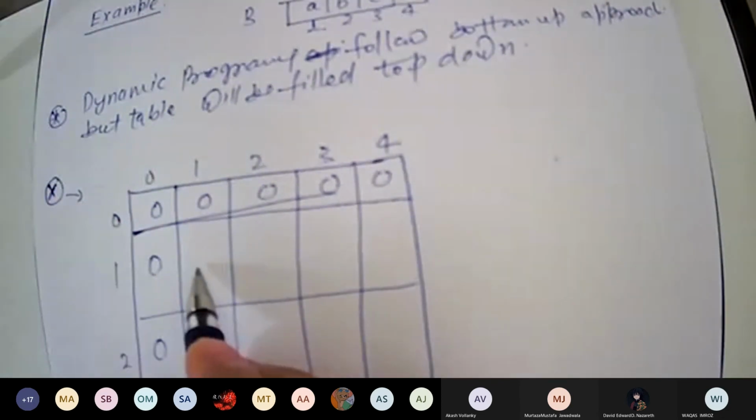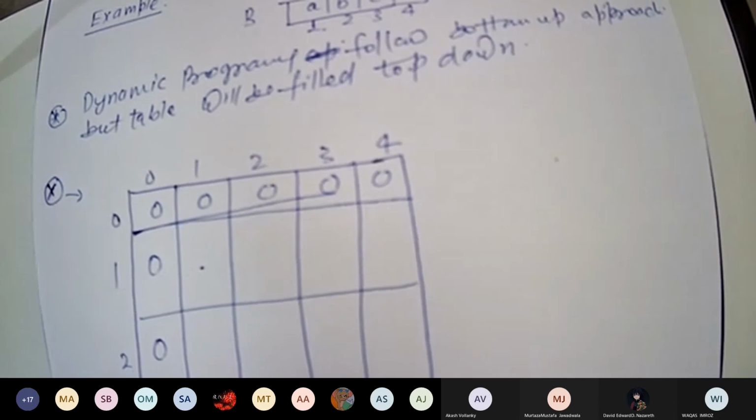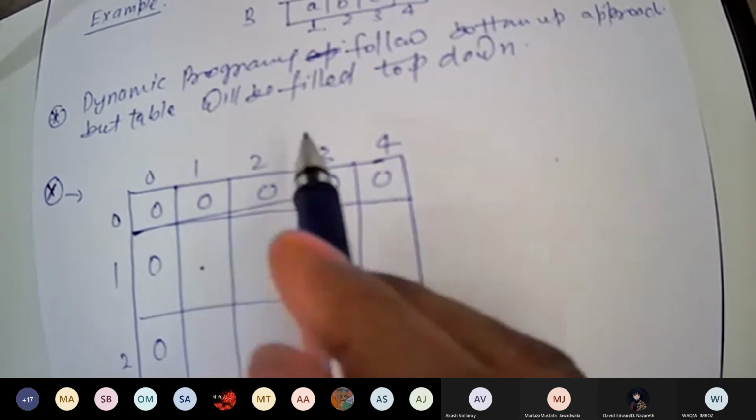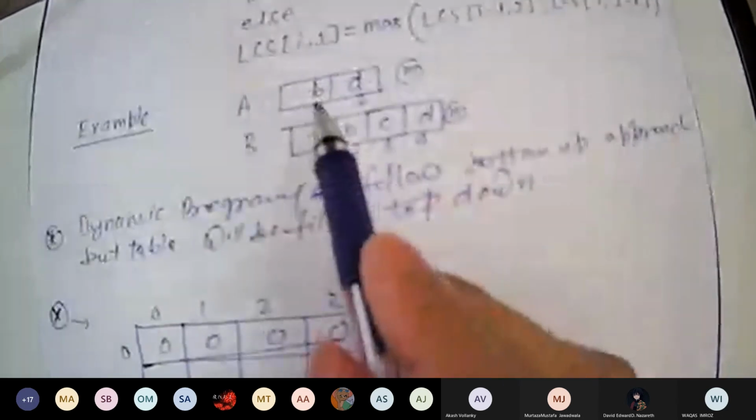So X11 you have to fill first. If you are filling X11, what is the value of A1 and B1? You will check it here.